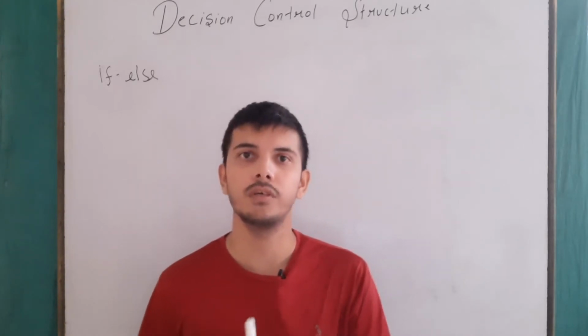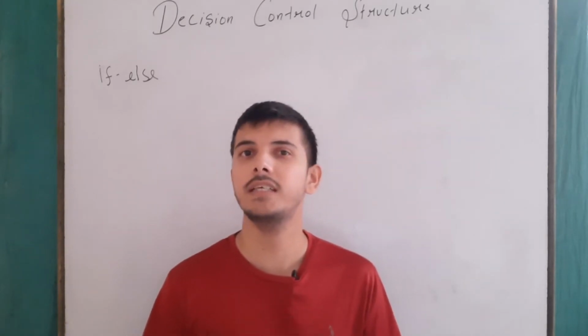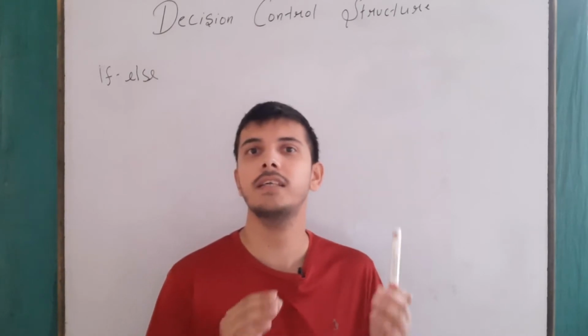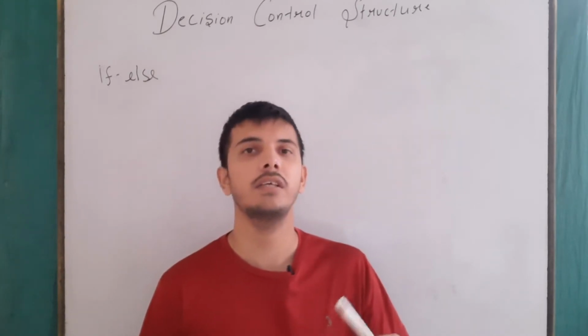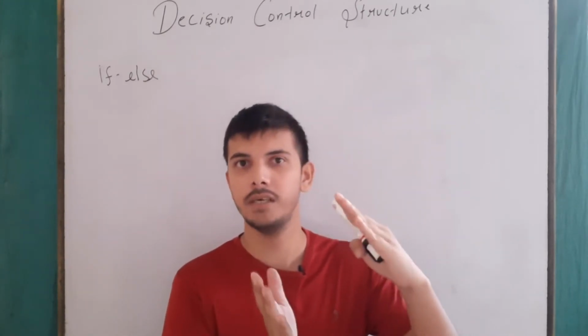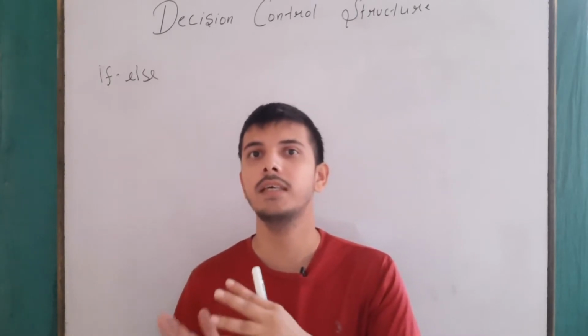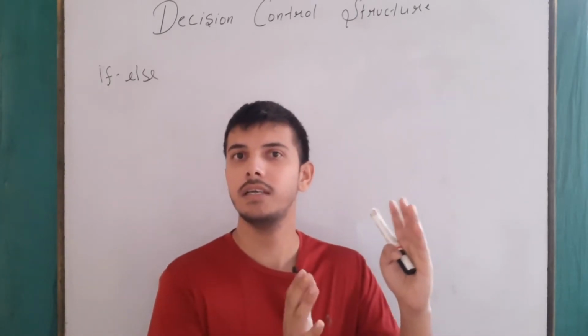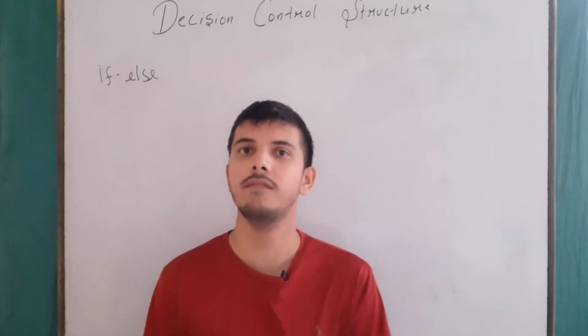Similarly, if we see how many days are in a year, I have to check whether it is a leap year or not. Now the condition is leap year. If it is a leap year, then the number of days will be 366, and if it is not a leap year, then the number of days will be 365.